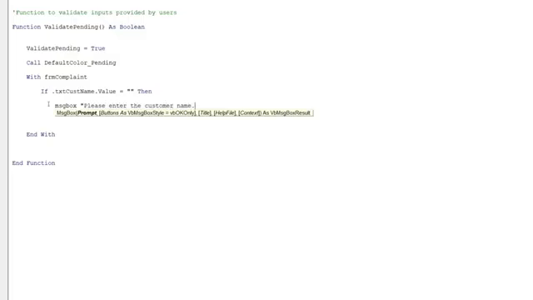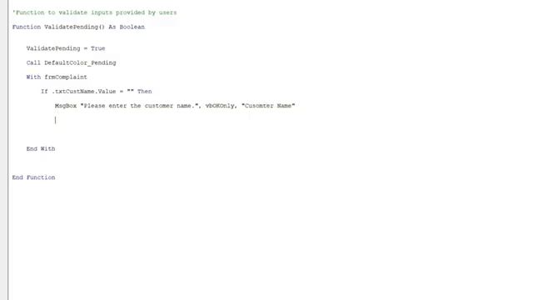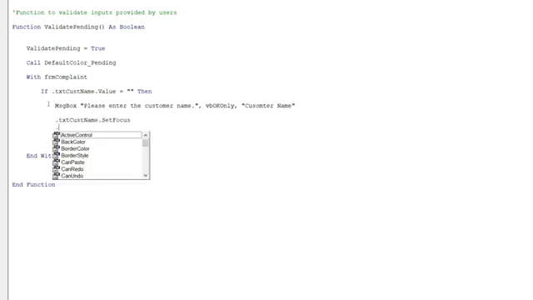The button would be vbOKOnly, and the title would be customer name. Now we need to set the focus. So txt customer name dot SetFocus,